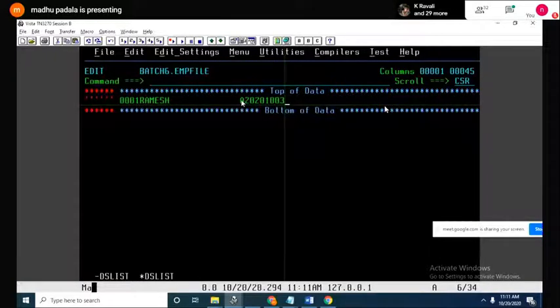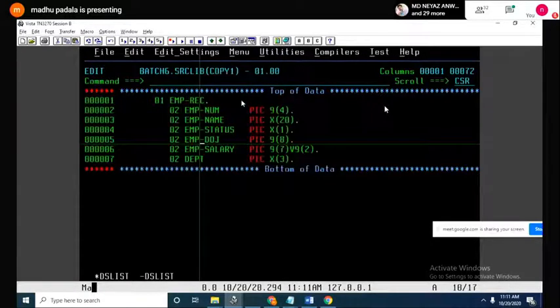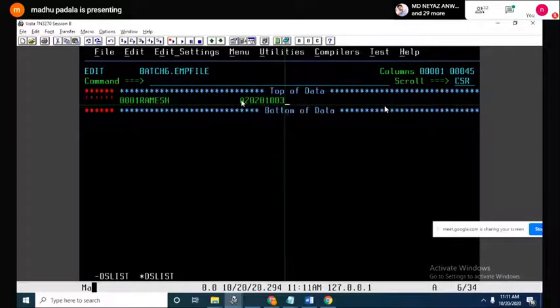So salary, if I want to give 50,000, 9 of 7 V9 of 2, 50,000 is 050000. How many bytes is it? 6 bytes, but still I have to give one more 0. So 00050000, and no period.